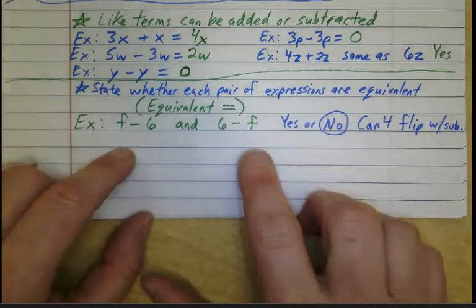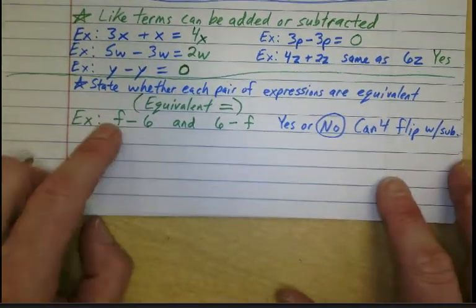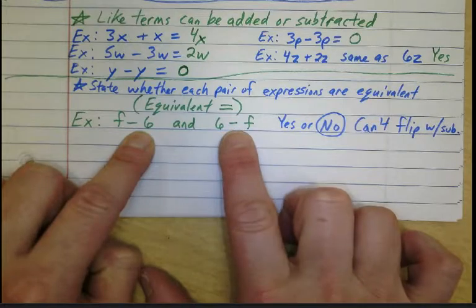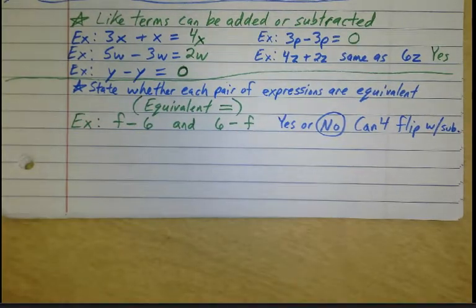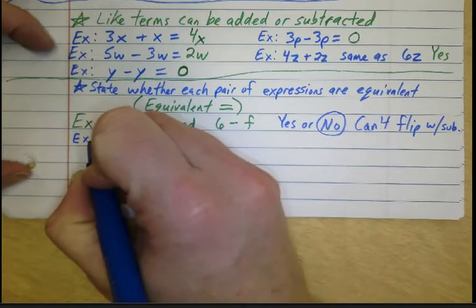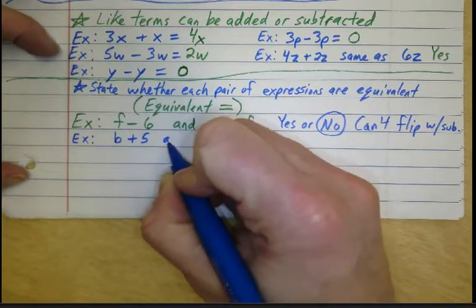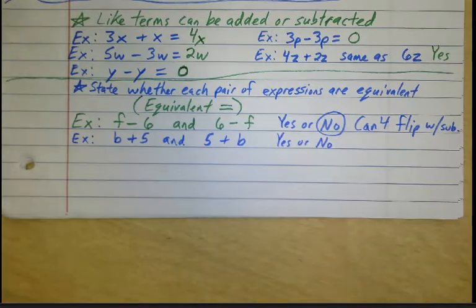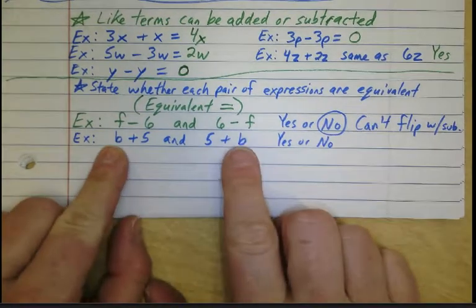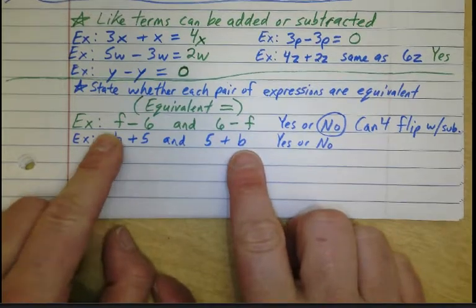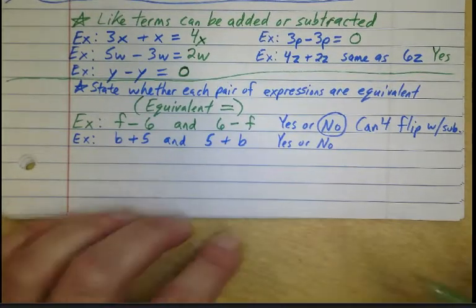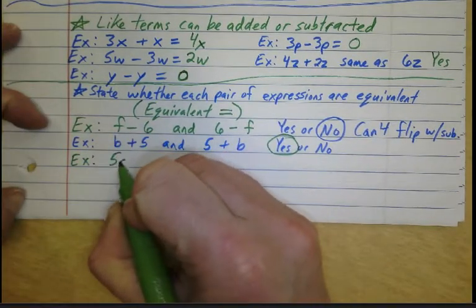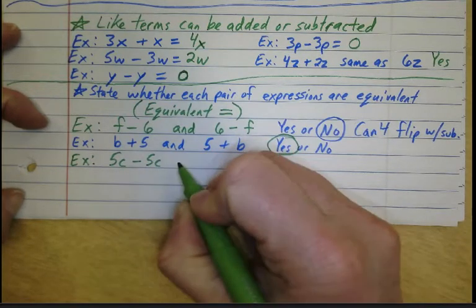Where did I get the 10? I just made up a number to plug in for f, just to see. Is 0 minus 6 the same thing as 6 minus 0? Well, 0 minus 6 is negative 6, and 6 minus 0 is a positive 6. So again, that shows you that they're not the same. What if I give you this expression? Is b plus 5 and 5 plus b the same thing? Yes or no? You could pretend to put a number in for b to check it. What if you pick 2? Is 2 plus 5 the same thing as 5 plus 2? Yes, they are equivalent. My last example on this page is 5c minus 5c,